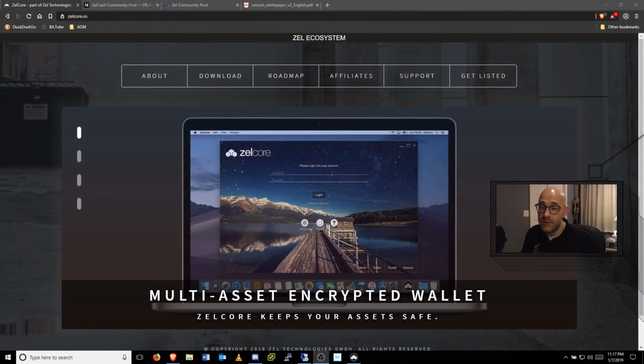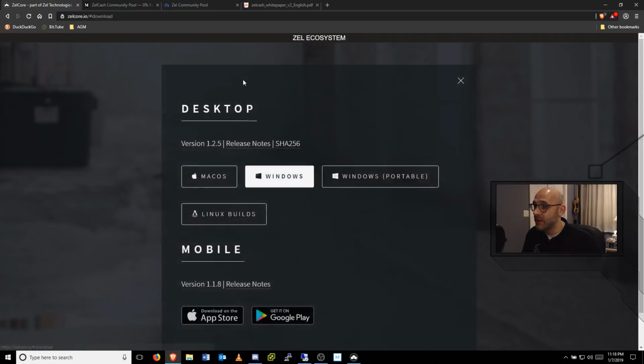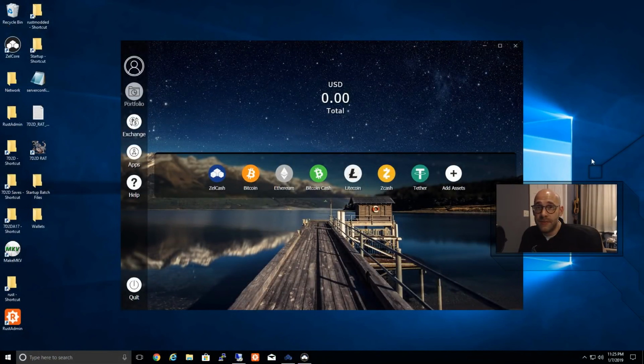The first thing you'll want to do is go to ZelCore.io and download a copy of the multi-asset wallet. You can do so by clicking this download link right here and choose which OS. I'm going to be using the Windows version right here. Once you have downloaded the wallet and installed it, you'll need to create a new local account. So when you do that, it'll ask for a username and a password. Make sure you use a secure password when you put that in,